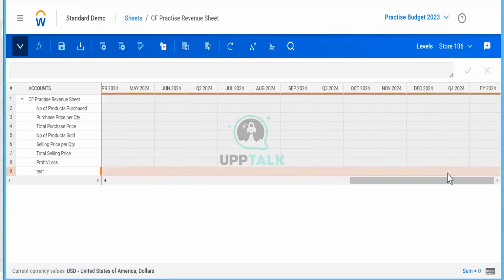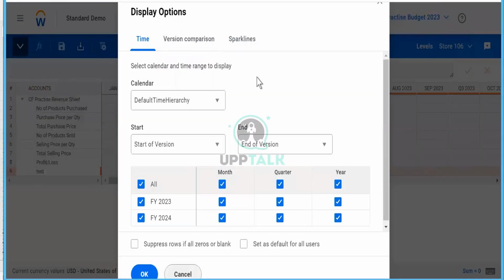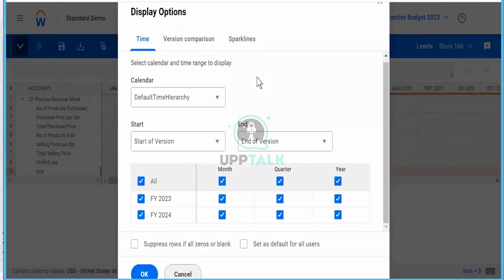No, I don't know why. Is it because the user doesn't have the access? He does not have the edit access also. Let's say we don't want the quarter, we don't want the year.